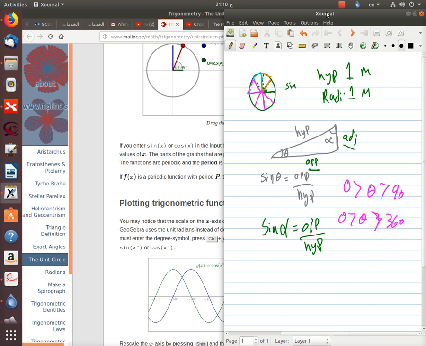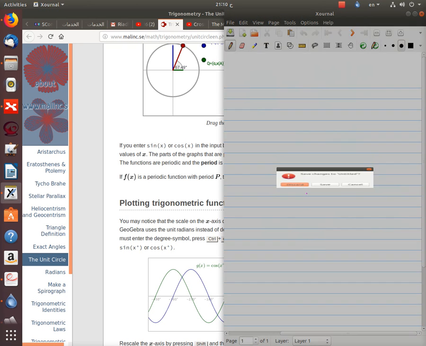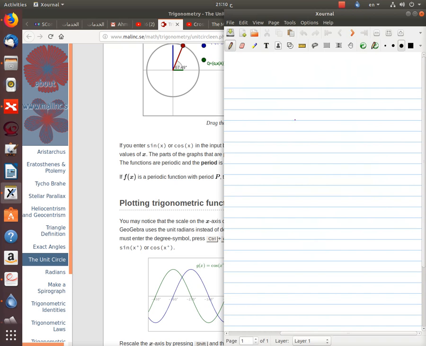So if we have the normal angles anyone studies, from 0 to 90, okay, and then you're gonna have another domain from 90 to 180,